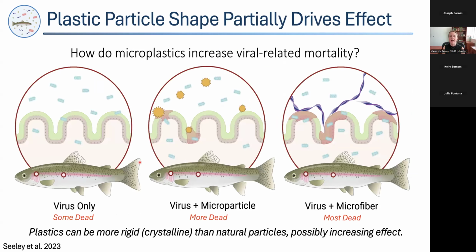So what we suspect was happening, and have continued to evolve this hypothesis with some follow-on work, is that in a typical system, when a fish host is introduced to a virus at the gill or in the gut tissue at that epithelial layer, which is illustrated here, those defensive barriers do a nice job of keeping that virus at bay. But when we introduce particles such as microplastics, that might cause some sort of inflammation and tissue damage that allows greater host colonization and reduced immune defenses, and that might be more enhanced for these longer, more rigid nylon microfibers.